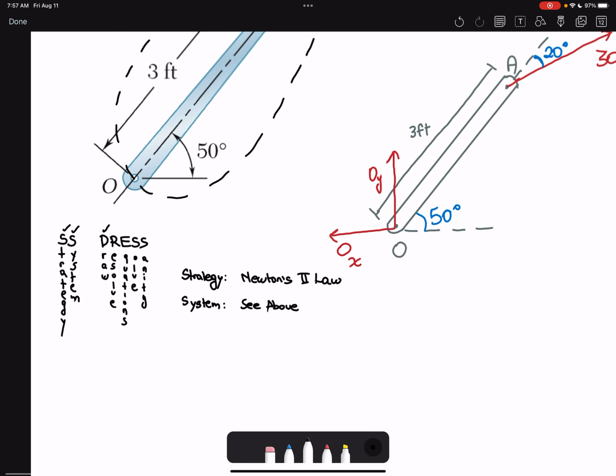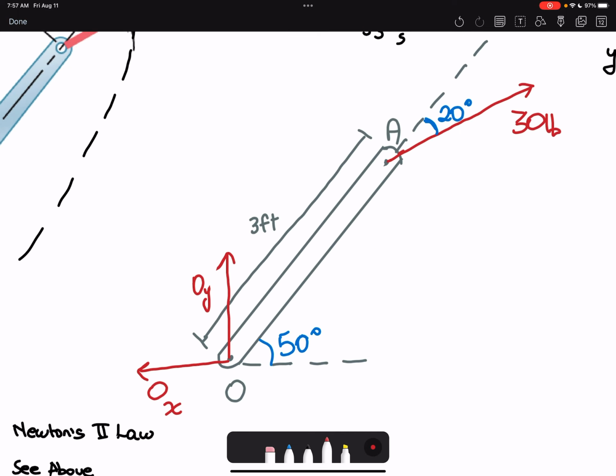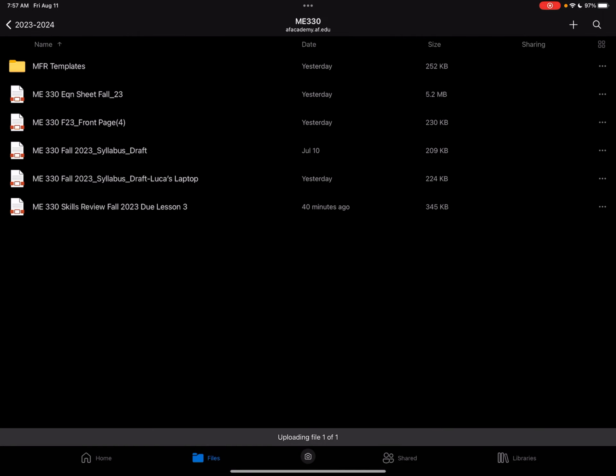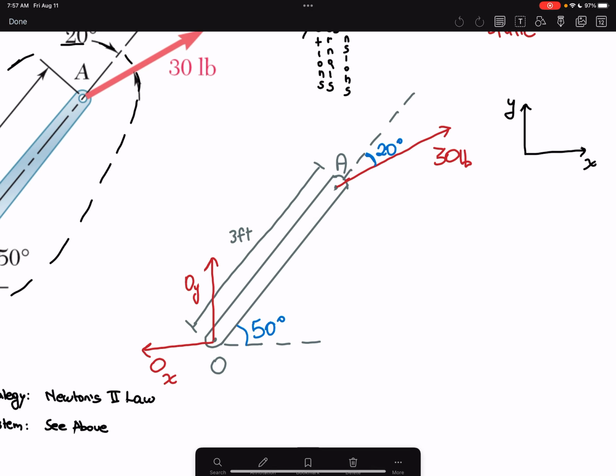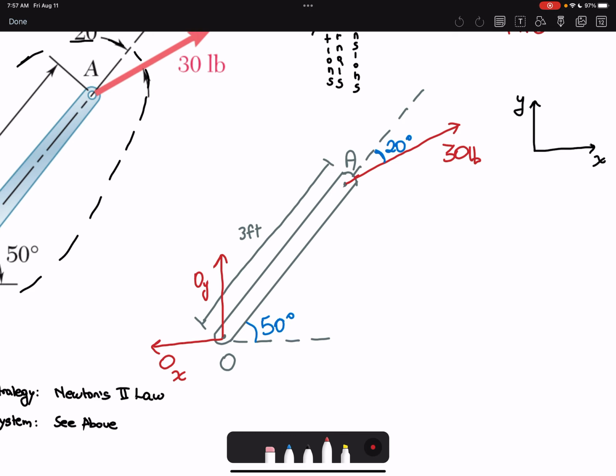And now we want to resolve the components. So we want to resolve, what does it mean to resolve? Well, we want to break the 30 into the parallel component to the x and the parallel component to the y. So why don't we do that? And let me just save this real quick, because sometimes it'll erase all my work, and I don't like that. So we can resolve this force. Let's see, what's the best way to resolve it? I think if we put,